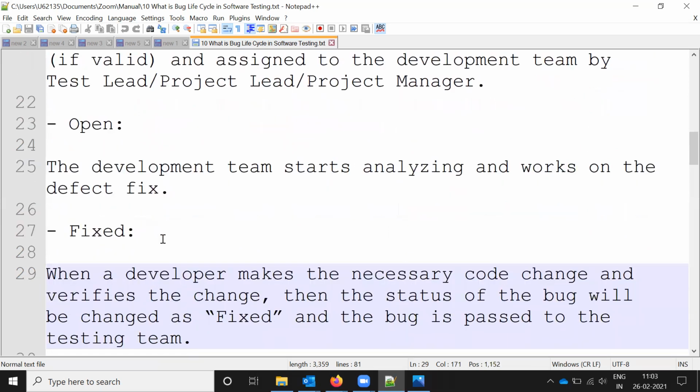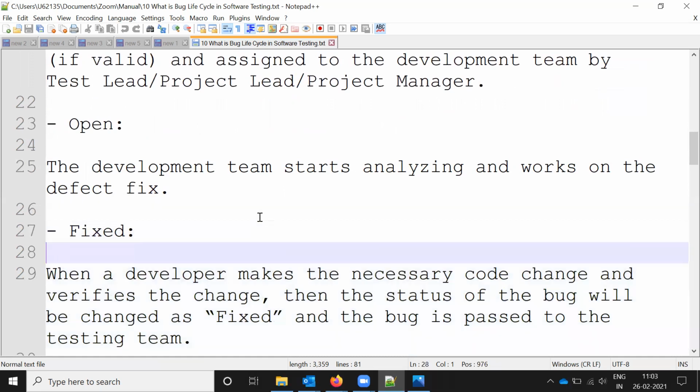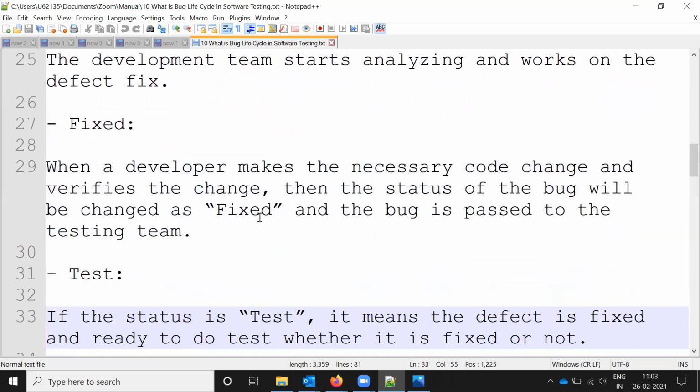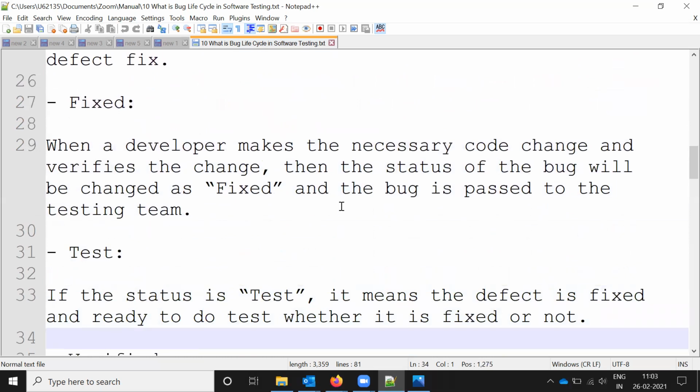In this open state, what will happen? The developer team starts analysis and works to fix the defect. Once he fixes the defect, the status becomes fixed and it comes back to the testing team to test that particular defect.